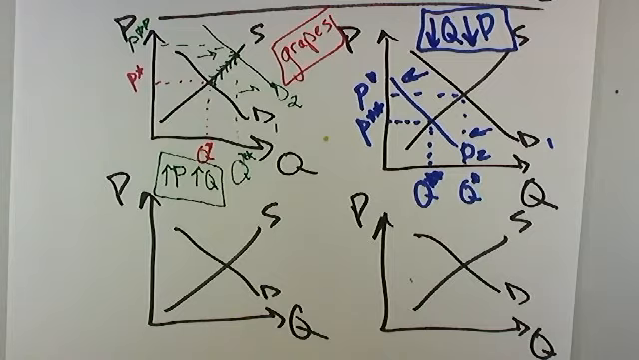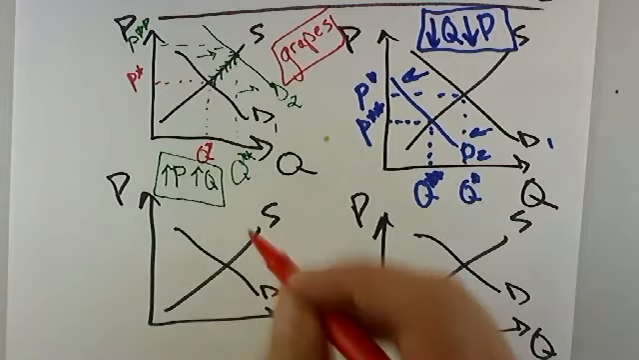Now, what about supply? We just did the demand shifts. Let's do the supply shifts. So let's stick with grapes. Let's say it was a banner year, a bumper year for grapes, and as a result